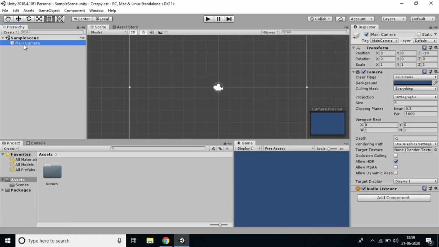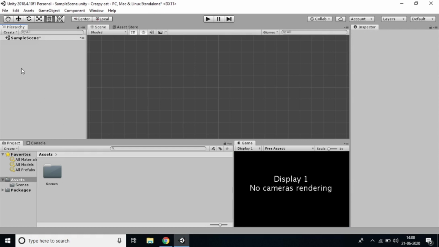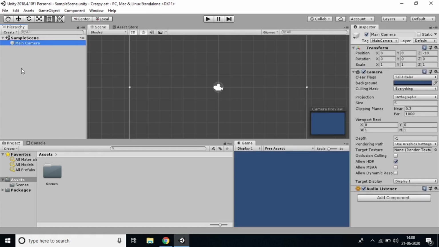The main camera is the default, because what we are viewing in the scene is called the main camera. The main camera is a default for Unity. If we delete the main camera, you can see no camera is rendering. So the camera is very important in Unity for making any game. Why? Because the camera is like a mirror of it. While playing the game, the camera is also there in that game. So this is the way the interface works.